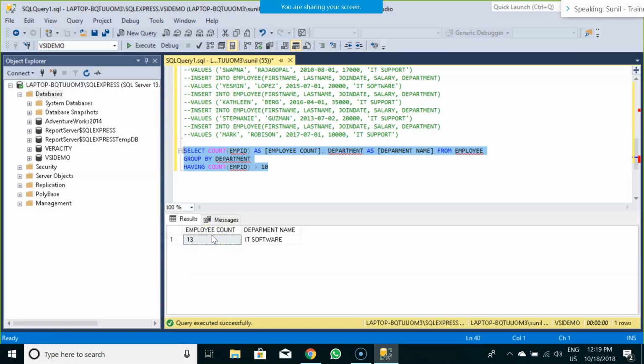So what it is essentially doing is checking the count of employees in a particular department wherein the count of employees is greater than 10. If I put the count of employees greater than 9, both 10 and 13 are greater than 9, so it would return me both. If I put count greater than 13, then no result would be displayed, only the structure would be displayed for you. So those are the three types of clause that are available in SQL.